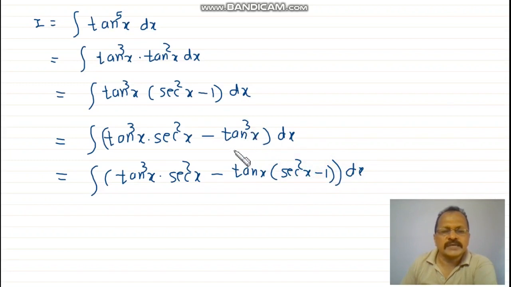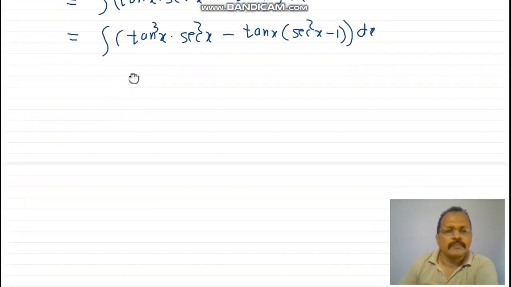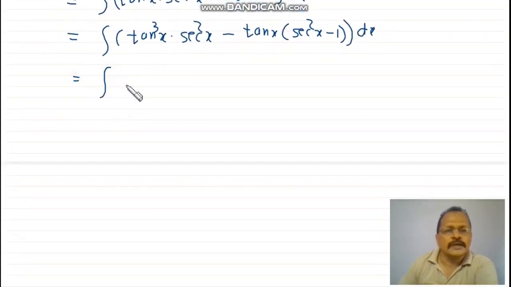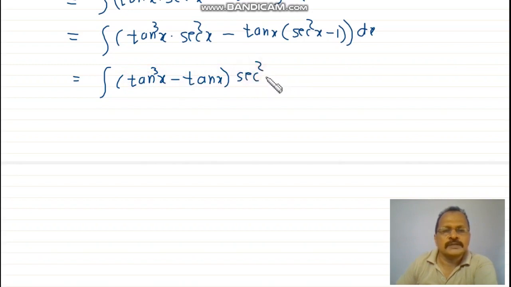Writing tan cube x as tan x into tan square x, and in that tan square I am writing sec square x minus 1. This is equal to integration, now I am rearranging the terms, tan cube x minus tan x into sec square x